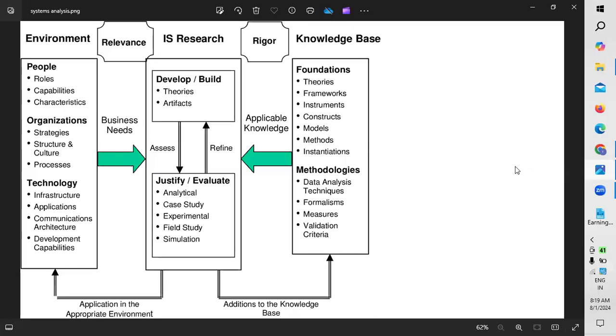When there is any kind of application in the appropriate environment we are developing, this is something which we need to identify. It's information systems research, where we need to identify how this can be developed, how this can be built, what are the different artifacts we have. Let's say, for example, when we are going for agile, what scrum artifacts are we following? If it is a traditional model, what kind of practices and artifacts are we performing? All these come under the information systems research part.